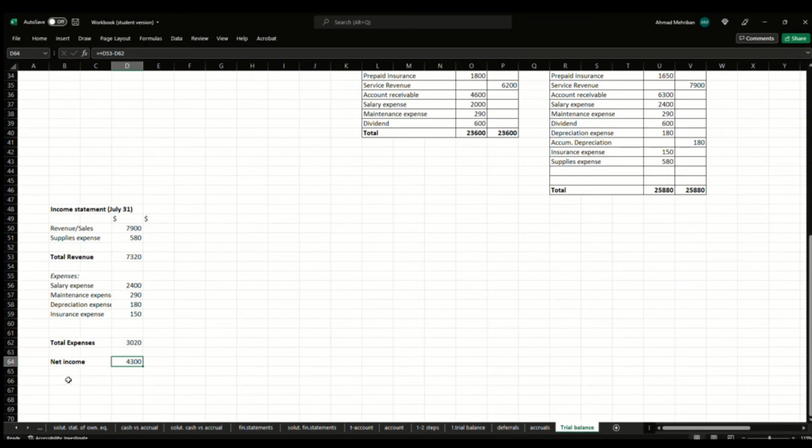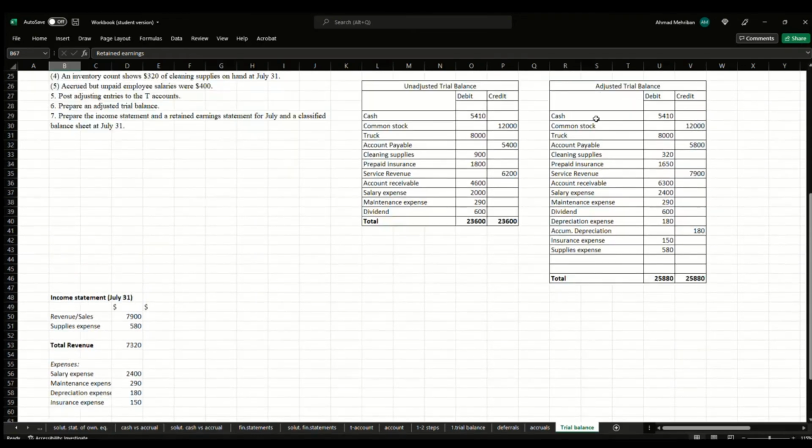That's our net income. Now we've also paid dividends, and we can show that below the income statement. Dividend payment was 600. Therefore, our retained earnings is going to be net income minus dividends. That's 3,700. That's our retained earnings. We've prepared our income statement using our adjusted trial balance. Now we can prepare the